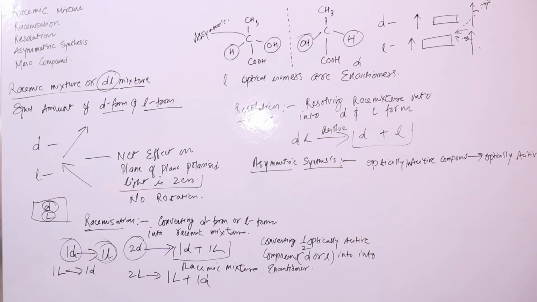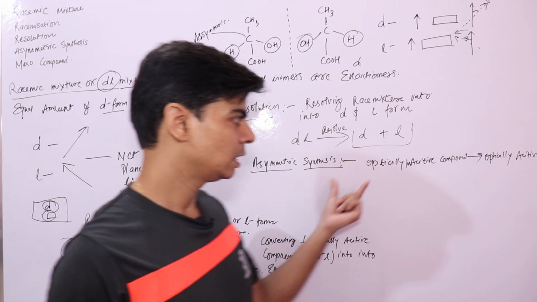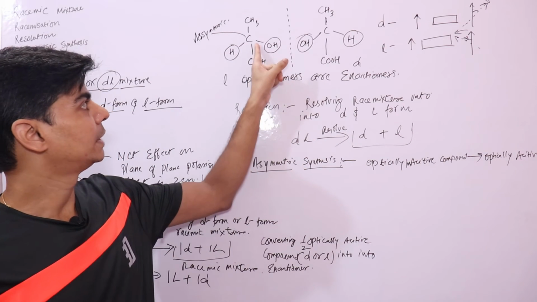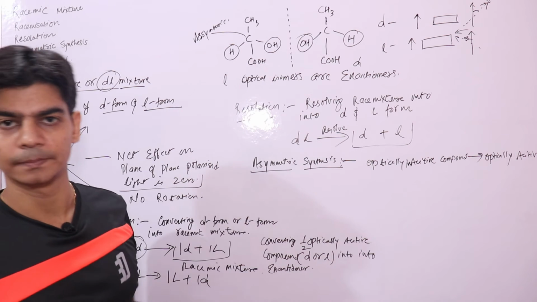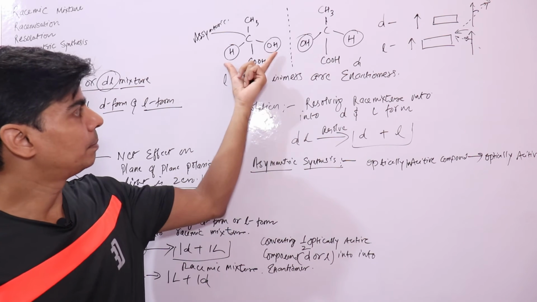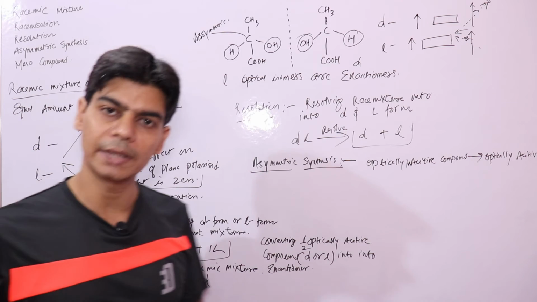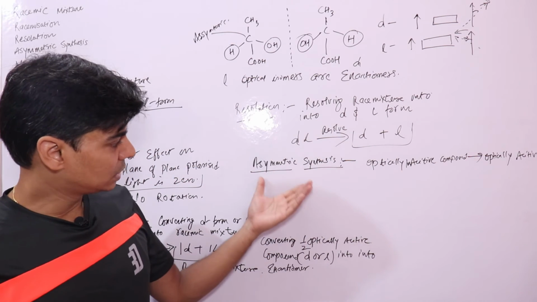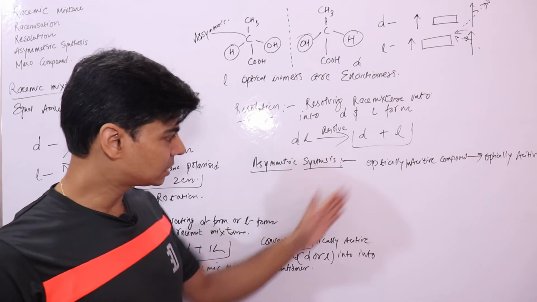Just understand, asymmetric synthesis is where you are trying to synthesize a compound that has an asymmetric carbon atom like this. That is the carbon atom which is connected to 4 different atoms or groups, right? And such compounds are chiral compounds, chiral molecules, and we know that chiral molecules are optically active compounds. So we do it in asymmetric synthesis.